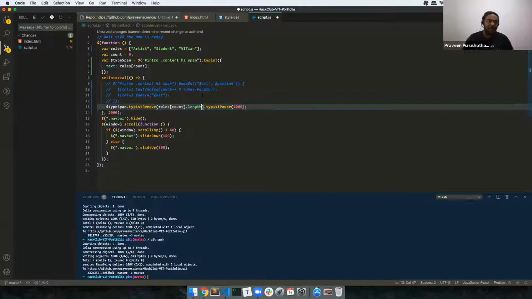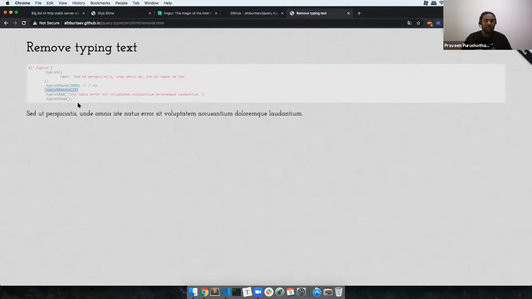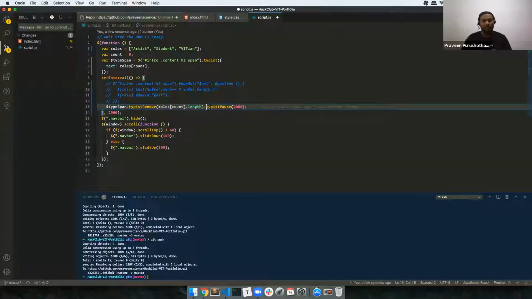So this much length I should be removing. Once I remove it, I need to add something. I'm not sure if there is an infinite way of doing this. So typist.add, it's going to add something.